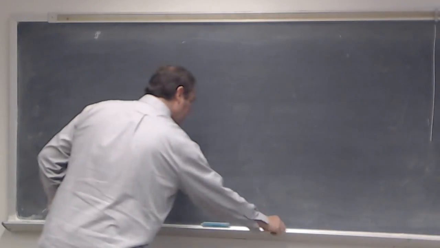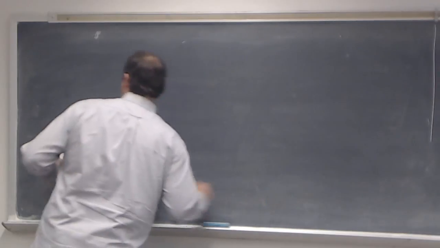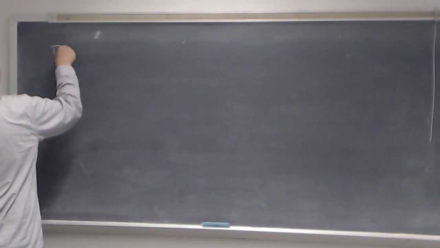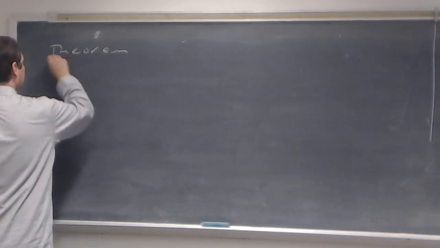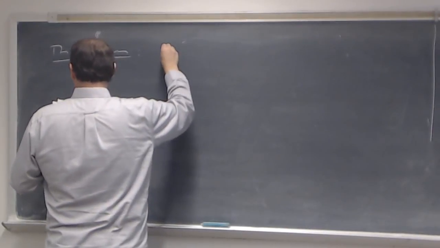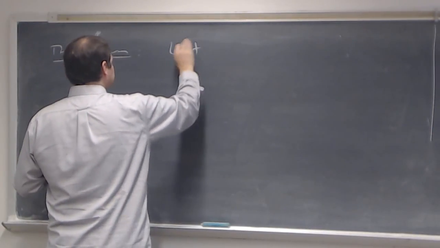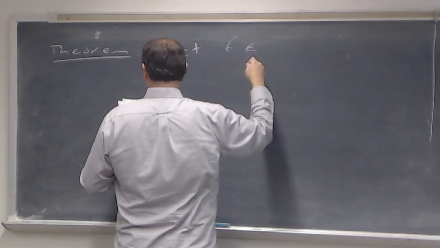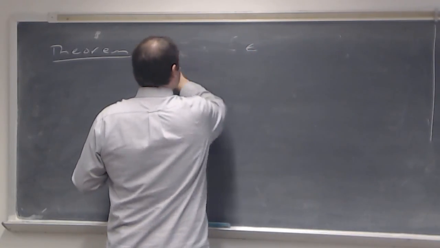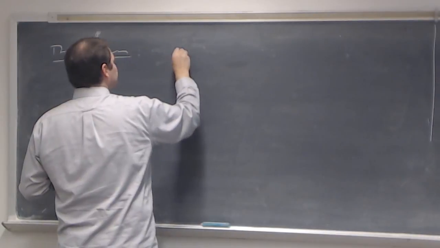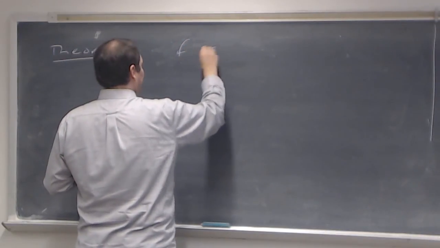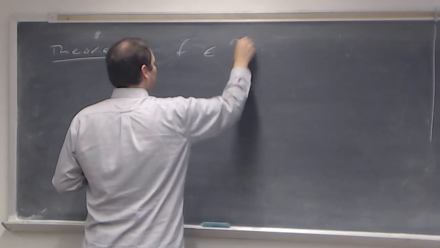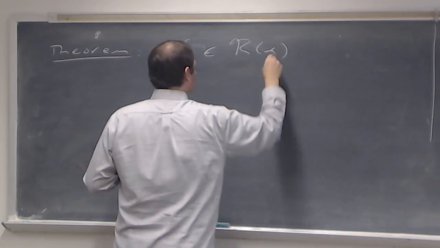Okay, next I would like to do a statement that's an if and only if statement. Namely, as the theorem, we're going to let F, no, I should say it this way, sorry. A function F is an element of the Riemann-Stieltjes integrable functions with respect to